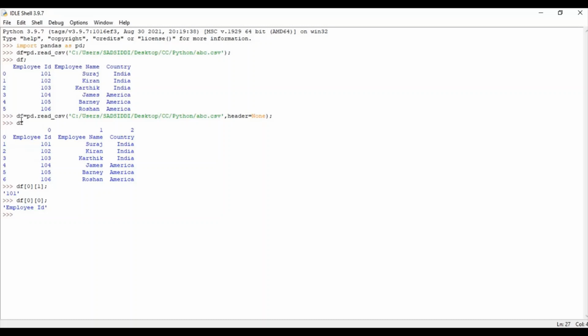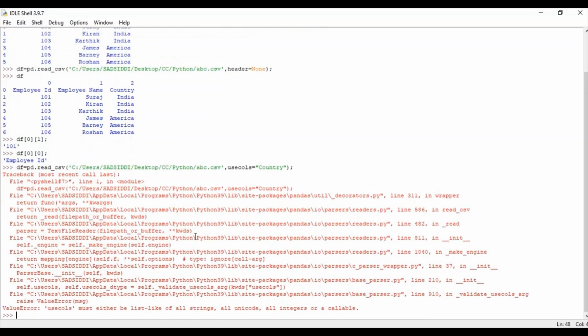Now if I use usecols, basically use columns, whatever columns you want to use. Now if I want to use only the column country, I'm so sorry, I made a mistake.